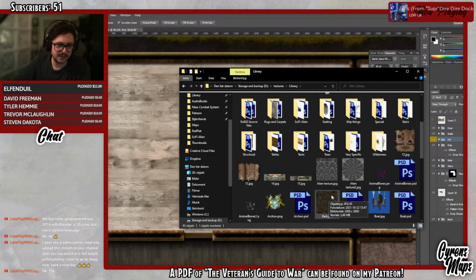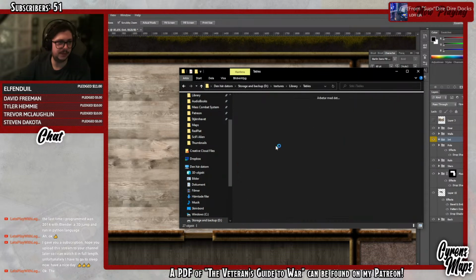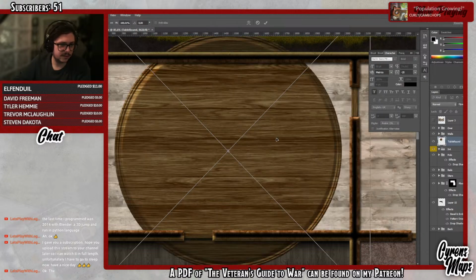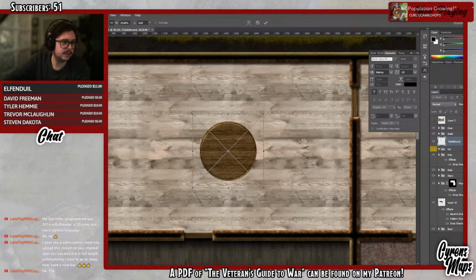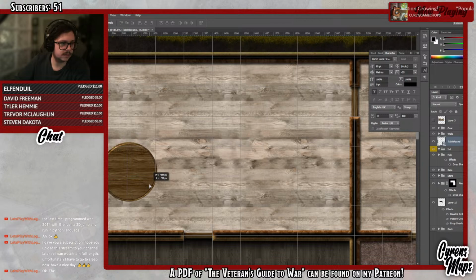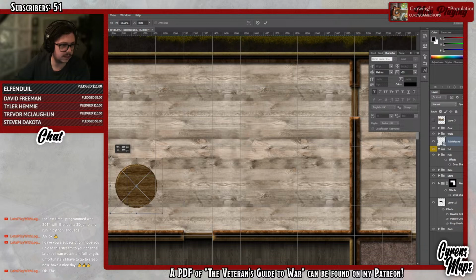I think for this, if I make this a real released map later, I'm gonna actually make custom tables, because these look a little bit too, I don't know, fancy might be the wrong word here. I want it to be a little bit more rustic, but let's do some round tables. Actually, I'm gonna turn on the grid to help me here, just to make scales right. It's way too big. Okay, something like